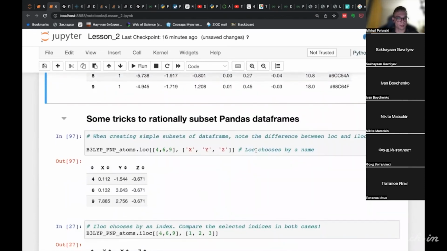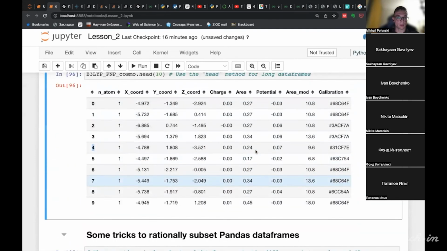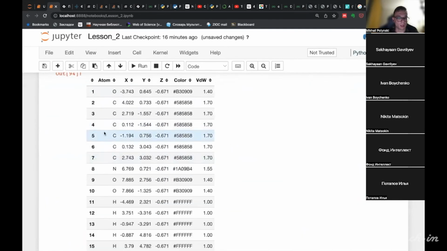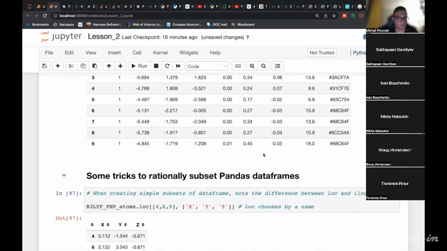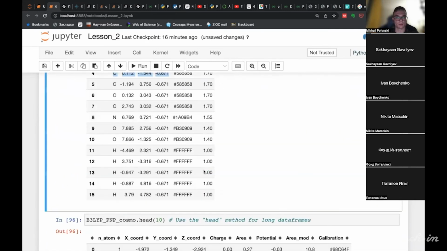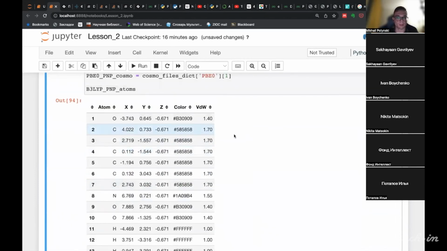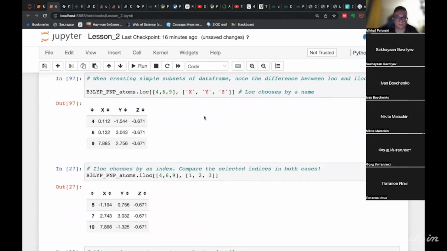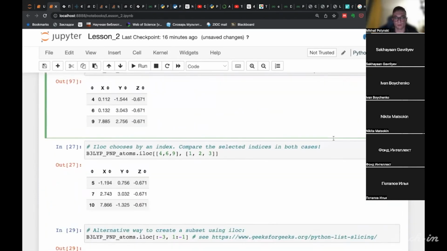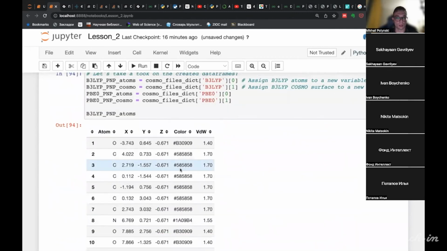So it has the index equal to 4. And yeah, here we have the Cartesian coordinates. So we just produced a subset data frame from this one, from the larger one.